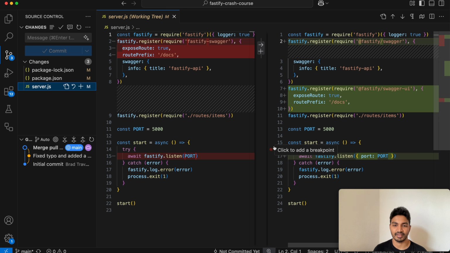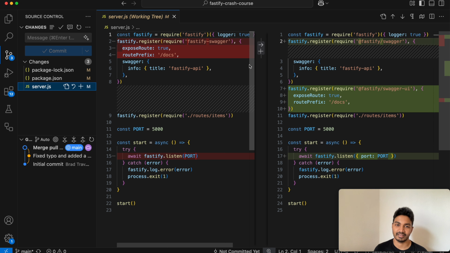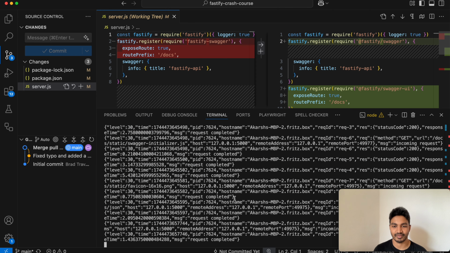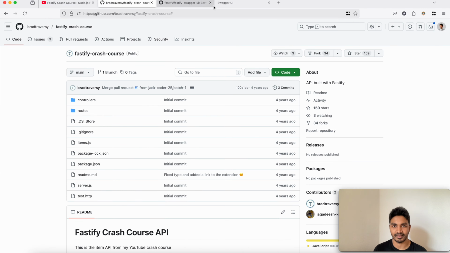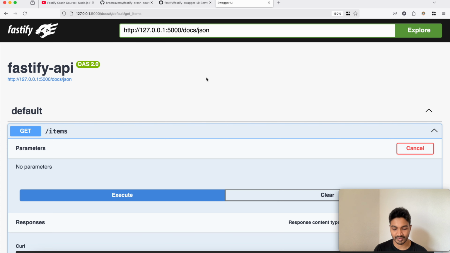So these are the new changes that are required if you would like to work with fastify. I made this video in 2025, but there might be more breaking changes in future, but so far it is working for me. As you can see, the server is running, and the Swagger UI is running,